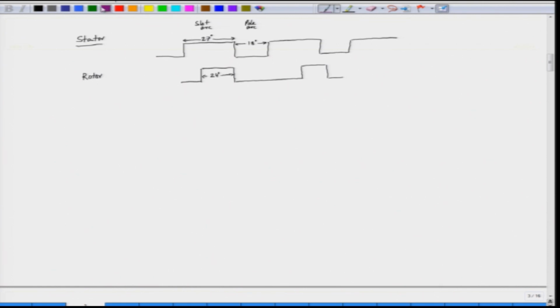And the stator carries windings. So, we have windings on the stator. This is the stator pole and this carries windings. And the rotor slot arc here is 36 degrees. This is the pole arc and this is the slot arc. Now, the rotor moves in this direction. This is the movement of the rotor. It makes the angle theta as it rotates. So, the rotor moves below the stator.